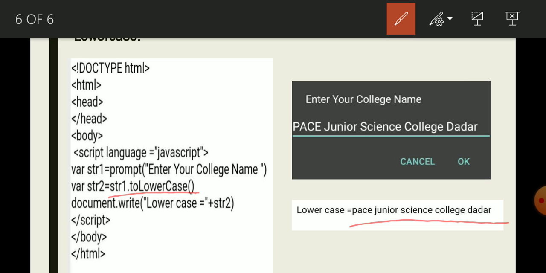In this way, we saw programs using prompt. We can accept a random value from the user by using prompt. And if you want to perform an operation on numbers, then you have to convert it into an integer or floating point number by using the parseInt and parseFloat functions. And if you want to perform any operation on a string, then there is no need to convert that string into any other form.